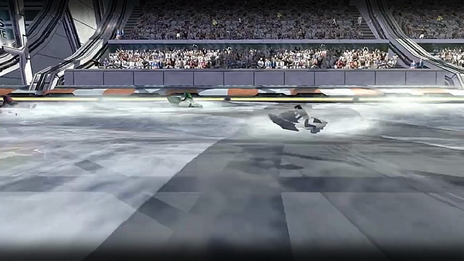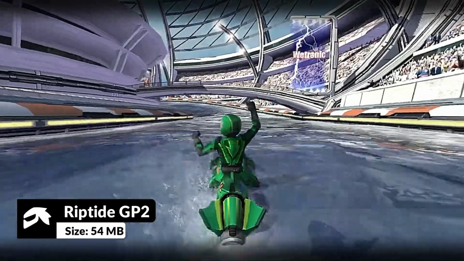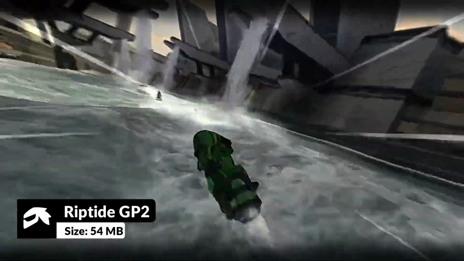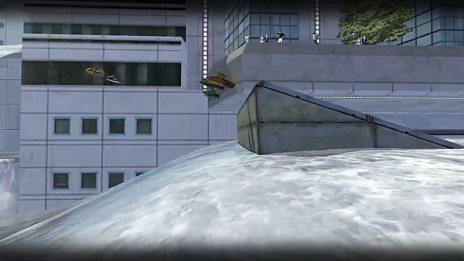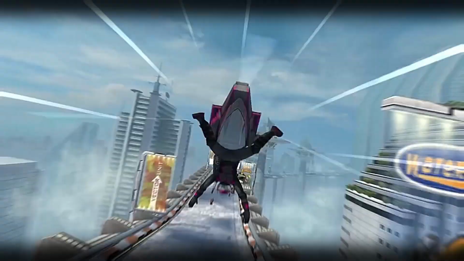At number 9, we have Riptide GP2, the game that made me realize jet ski racing is way more intense than I thought. The water physics are smooth, the controls feel tight, and pulling off mid-air stunts for boost never gets old. It's a bit more arcade style than Riptide GP Renegade, but it still delivers high-speed action with great